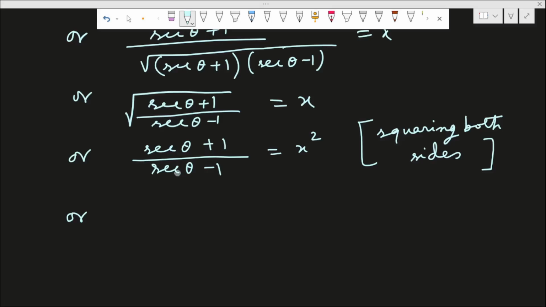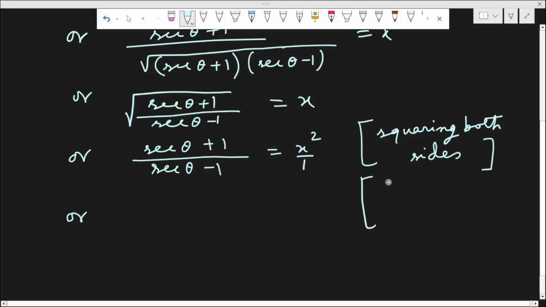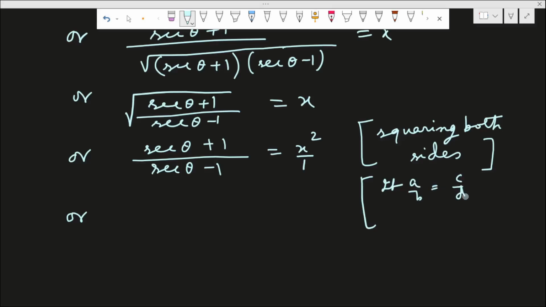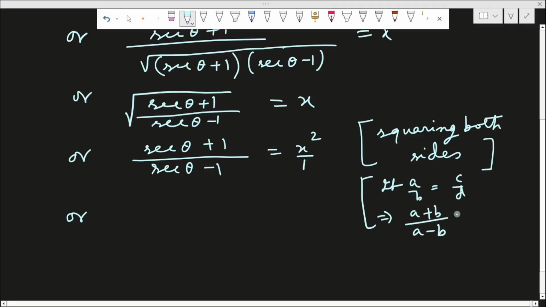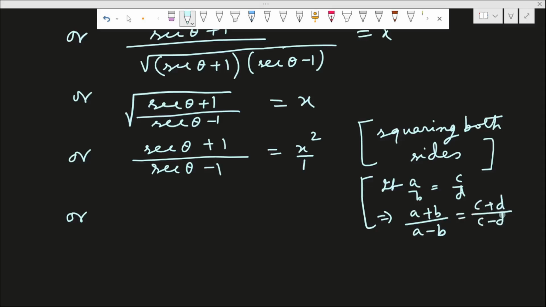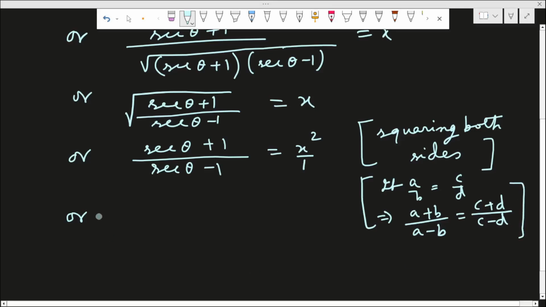So, a plus b by a minus b, and here we can write x square by 1. So, using the componendo and dividendo formula, if a by b is equal to c by d, then a plus b by a minus b is equal to c plus d by c minus d. So, using this formula, I will write